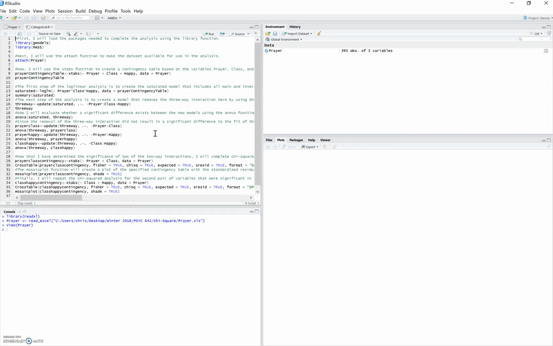And before doing anything else, as always, I have to load the packages necessary for the analysis. So I'm going to do that using the library function. The first package that I'm going to load is the gmodels package, which has the functions necessary for doing chi-squared. And then I'm going to also load the package MASS, which is necessary for the log linear analysis. It has the functions for that. So both of those have been